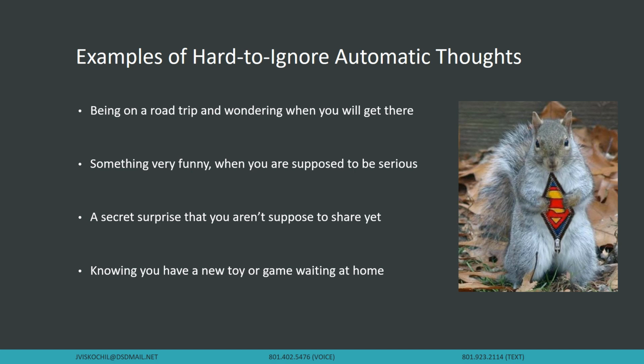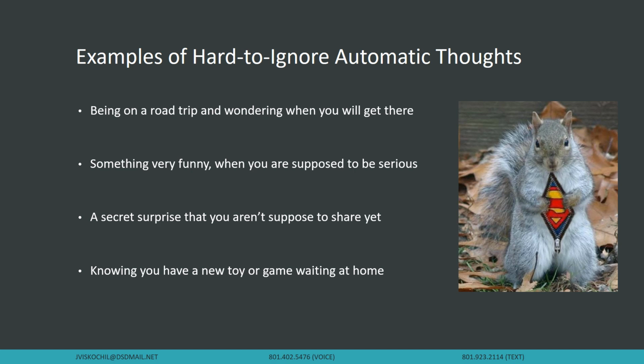Another example is if I told you, do not think about Super Squirrel. Do not ever think about Super Squirrel. Don't even think about if Super Squirrel can fly. Don't think about what Super Squirrel's day job is. Just try not to think about Super Squirrel for the next couple of seconds. It's really hard because that's right at the forefront of your brain. And it's like, well, now I really need to know what is Super Squirrel's weakness? Is it still kryptonite? I don't know. Maybe it's some sort of crazy acorn that I don't even know about.